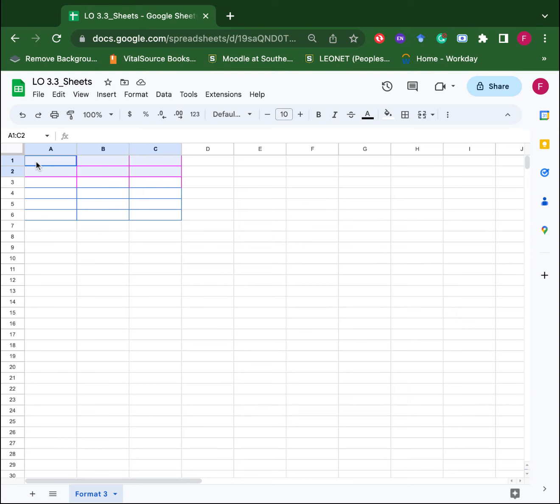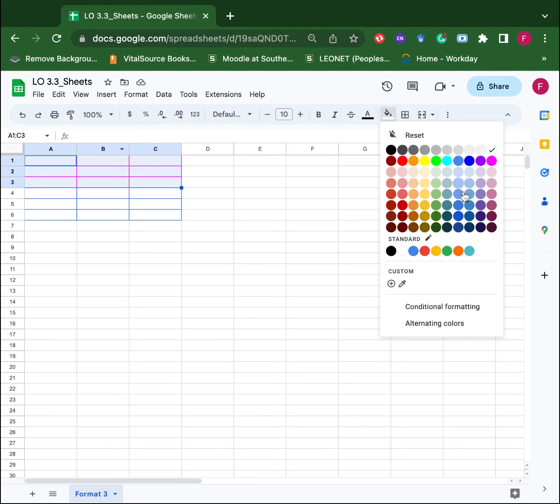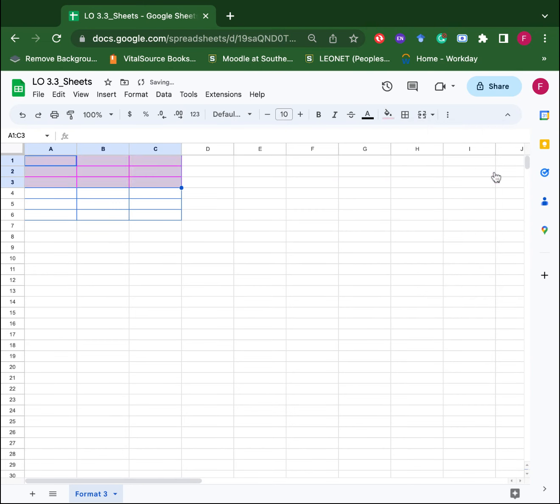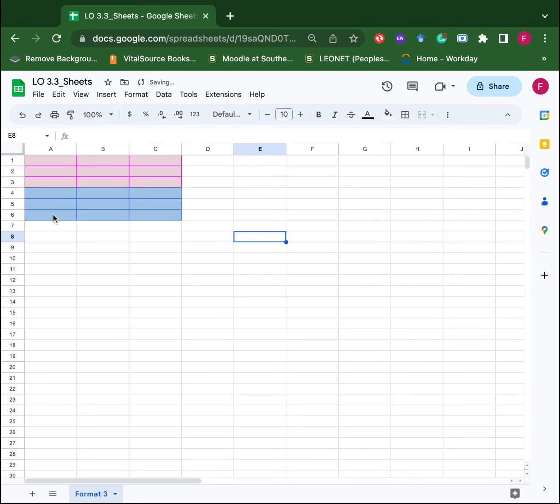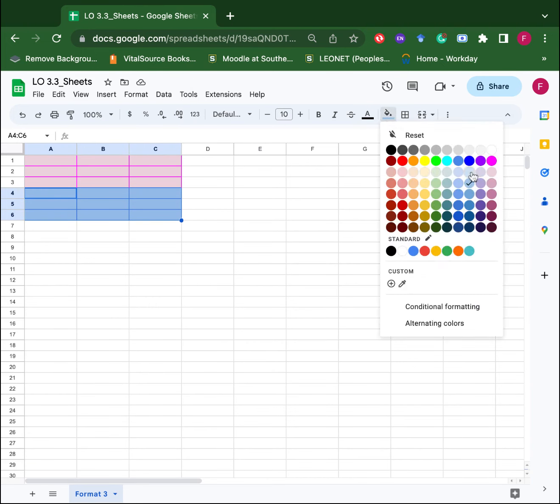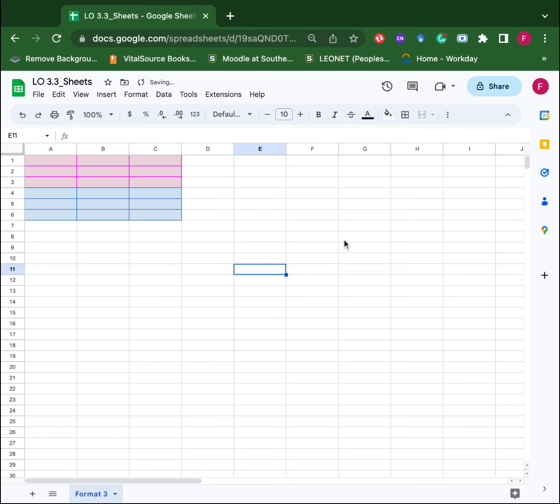First of all, you have to highlight the cells that you want it to apply to, and you click fill color, and I want something a bit light pink. So I have changed that color, and I also want light blue for the ones with blue borders, and I have that. That's a bit more blue than I wanted. I just wanted it a bit paler. So I have my two